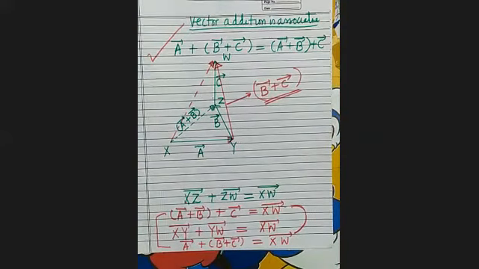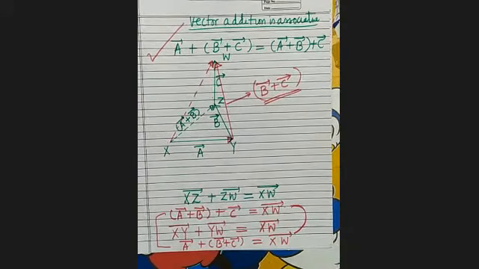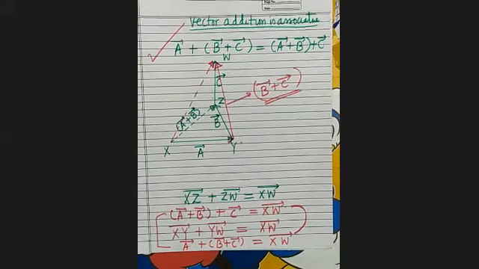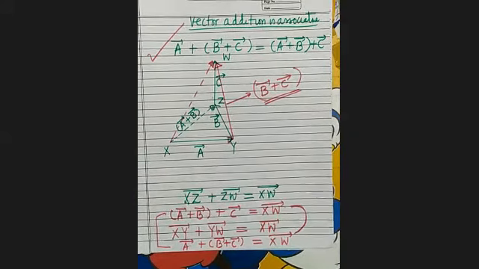This is not the triangle law. Here vector addition is associative. Is it clear? Has everyone understood? Now see here, up to now I have explained geometrical ways